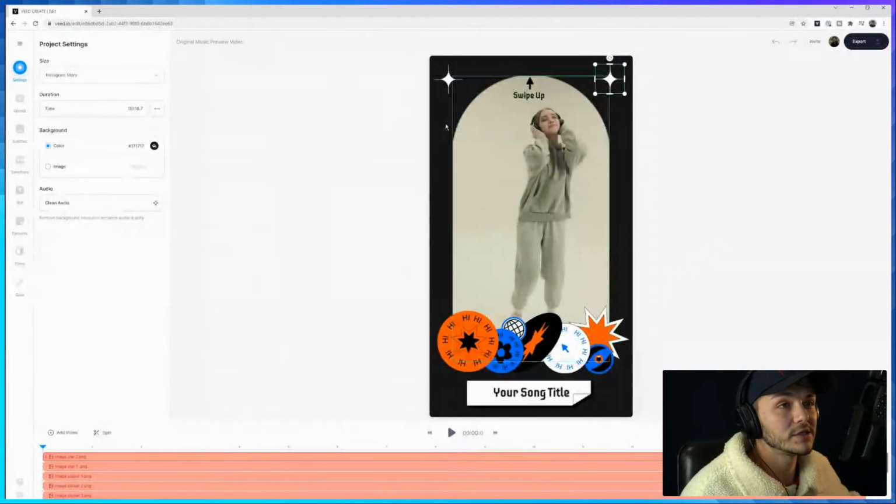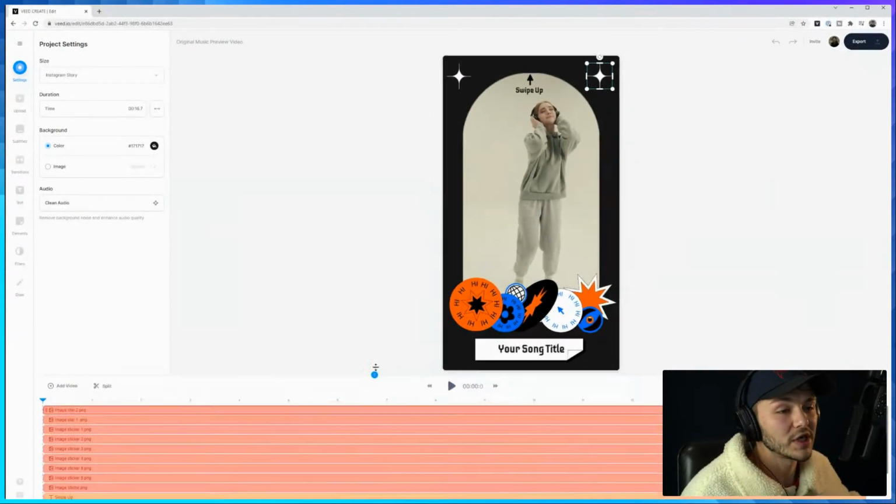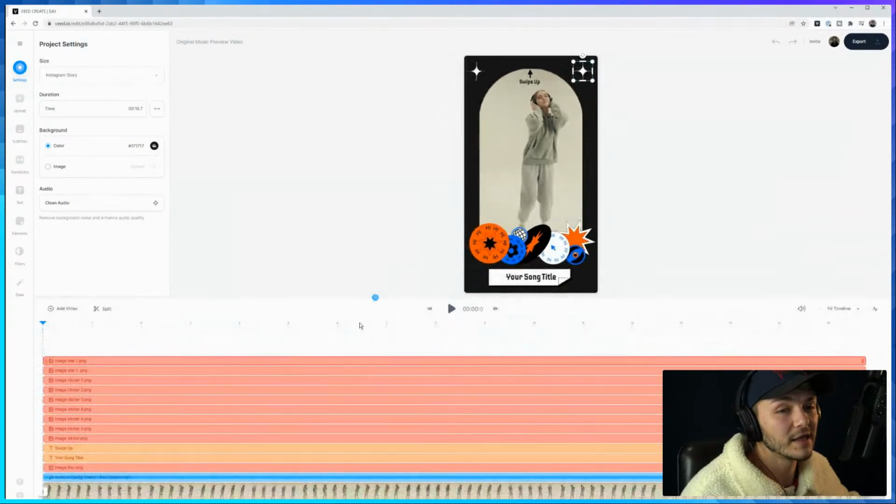And as you can see now, we've opened up our project in Veed, and there's already a bunch of different assets in here because we've created content from a template. As you can see at the top, we've got some icons, we've got some icons down here, we have some text, we have our video, and then as you can see in the timeline, we can also see some music. So unfortunately, you can't hear it, but if I press play,